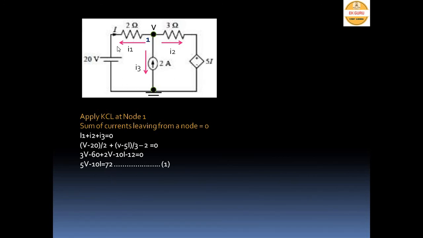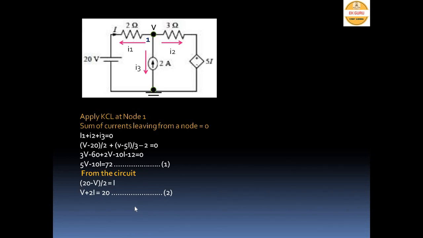And from the diagram, the current flowing I is equal to, so here the starting voltage is 20. I is flowing from 20 volts to node voltage V. That's why 20 minus V by 2 is equal to I. By solving this equation, we get V plus 2I is equal to 0. Like that, we are getting two equations and we have two variables.